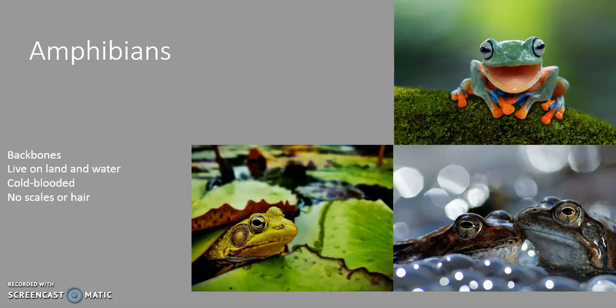So we know that frogs go through eggs, tadpoles, a transitional period, and then full frogs. They go through a metamorphosis. And so part of that time they live in water, and part of that time they can live on land. Although many frogs that are water-loving creatures, as the word amphibian implies, stay near water. Amphibians are cold-blooded, and they have no scales or hair.